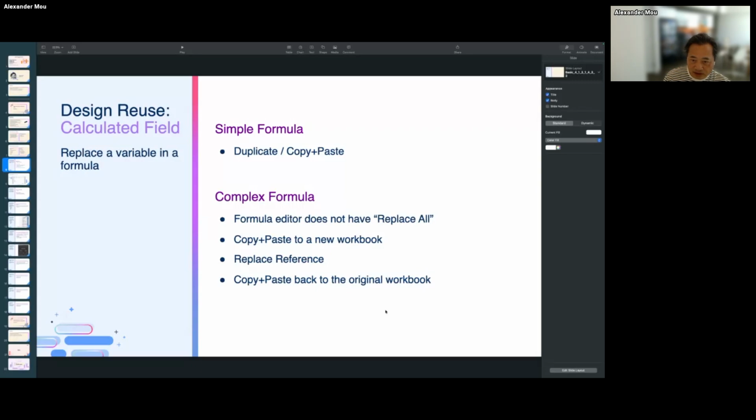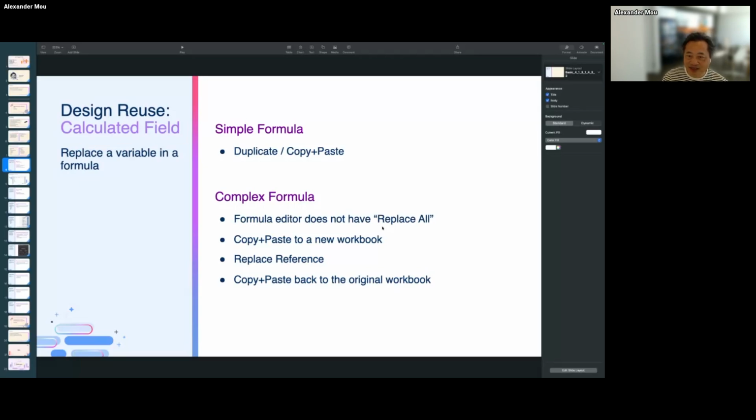In the formula editor, we may not have a replace all. There's no replace all, actually.